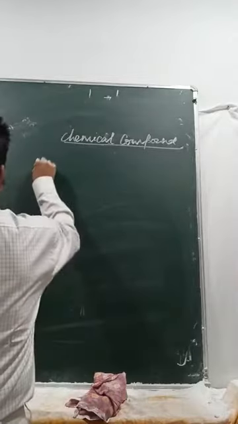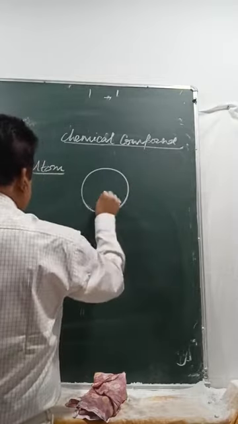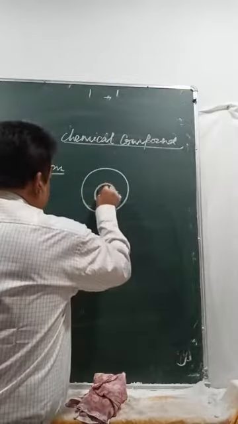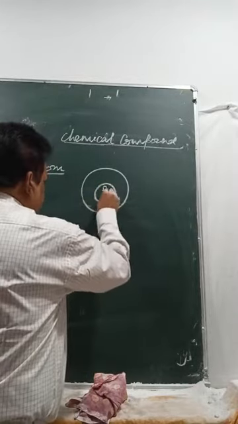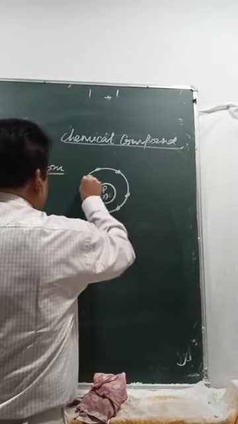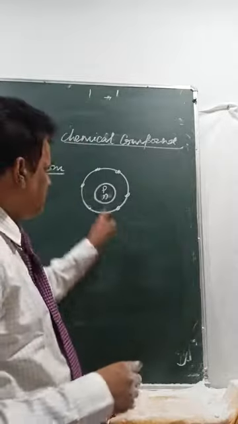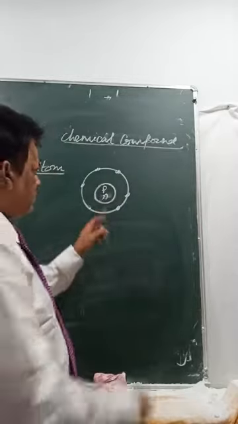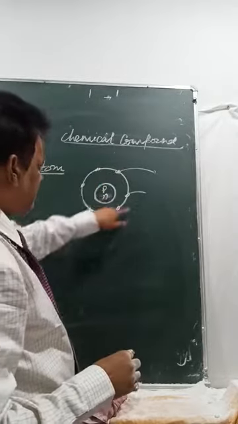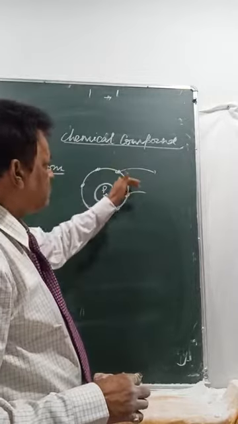So any atom has three parts. There is a nucleus, where you find protons and neutrons. Electrons move on the orbit like this. So whenever there is a reaction between atoms, it is easy to take out the electrons from here, because they are in the outermost orbit. When they move in the orbit, it is easy to push them out with some energy.